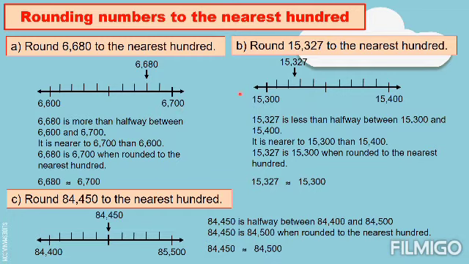So we have your number 2 problem. Round 15,327 to the nearest hundred. So we have here 15,327 is between, or less than halfway between, 15,300 and 15,400. Therefore, this number is closer to 15,300, and that is approximately